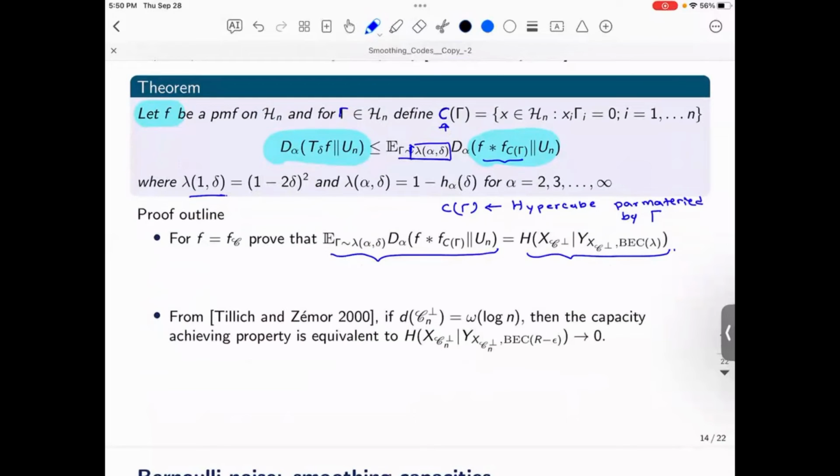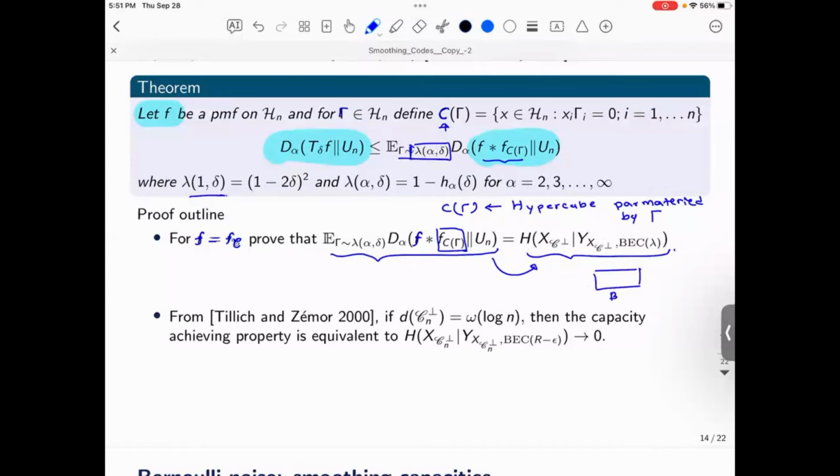I'm not going to prove it, but we can roughly say why this happens. You have function f here, and we are letting this function f equal the distribution of the code. And these are projections over hypercubes, so it's like erasing certain dimensions. Combined with the MacWilliams theorem, the MacWilliams theorem allows us to represent this quantity as a conditional entropy,